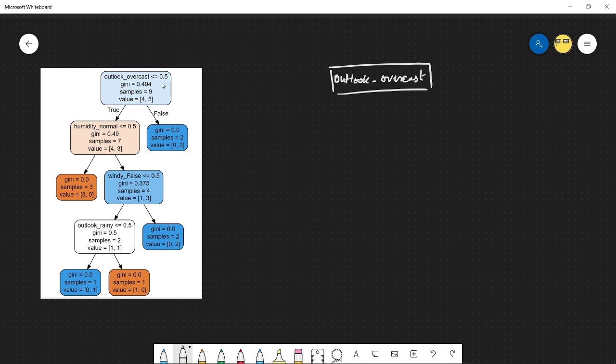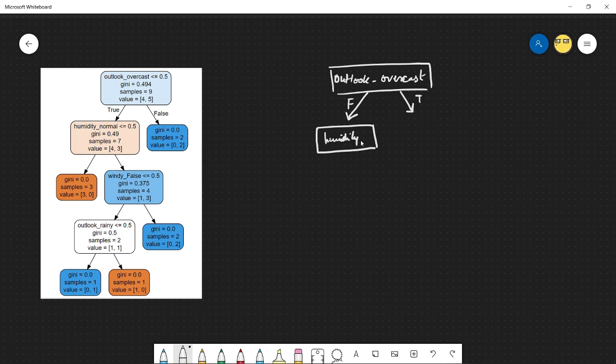Okay. And less than 0.5 means if it's 0 or not. So we can say that if it is in fact false and if it is in fact true. So if it's greater than 0.5, that's a 1 value you're going to get here. Okay, and then that's further split on